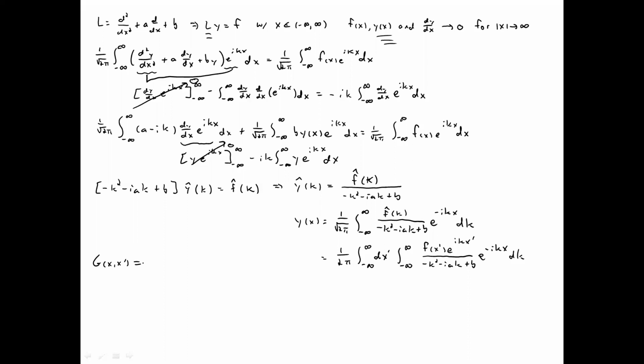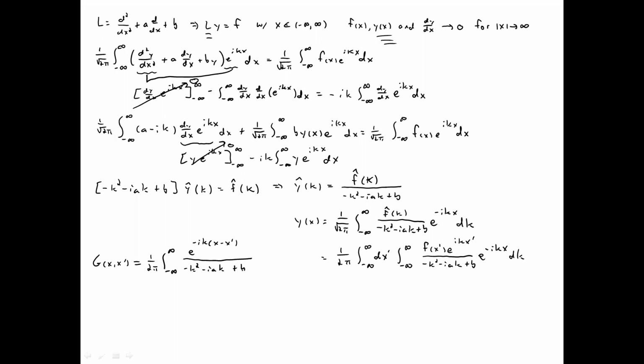Alex, I want to say e to the ikx prime, e to the negative ikx over your numbers. Over my numbers, yes, but there's an extra integral in there. Because in defining our G, we just want a single integral. So what we'll find is that the Green's function in this case is 1/2 pi integral from minus infinity to infinity of, as he mentioned, e to the minus ik (x minus x prime) all over minus k squared plus iak, and that should be minus iak,